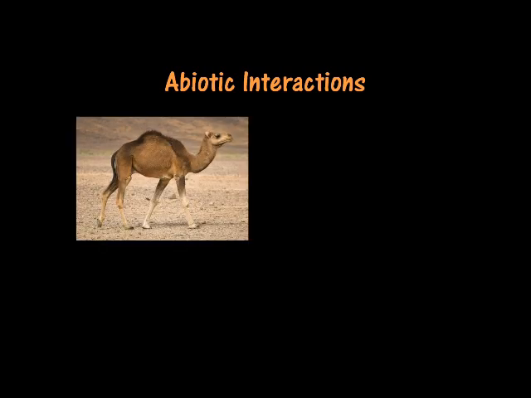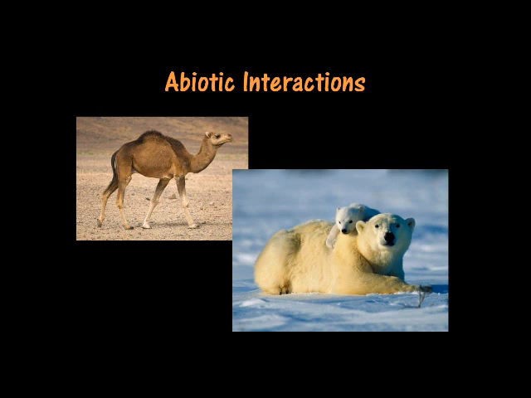Climate and weather are also very important abiotic factors. This includes temperature, amount of sunlight, and amount of precipitation, either rain or snow. Desert organisms are adapted to live in hot and dry environments with lots of sunlight but very little rain. Tundra organisms are adapted to live in very cold, snowy environments where there is limited sunlight but a good deal